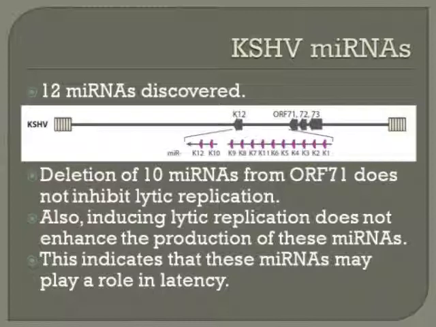So, in the case of Kaposi sarcoma virus, 12 microRNAs have been discovered so far. 2 microRNAs are present in the K10 and K12 region of the genome, and the rest of the 10 microRNAs are present in the open reading frame ORF71, and